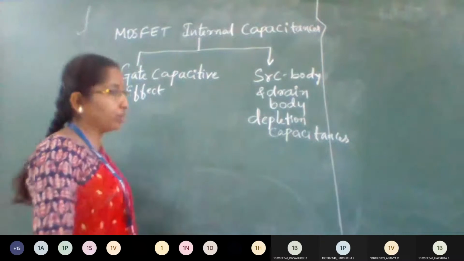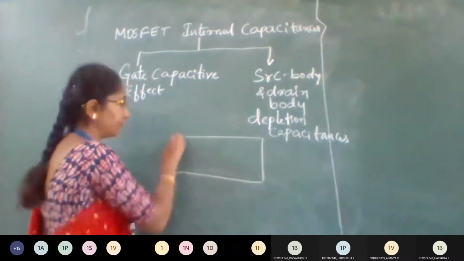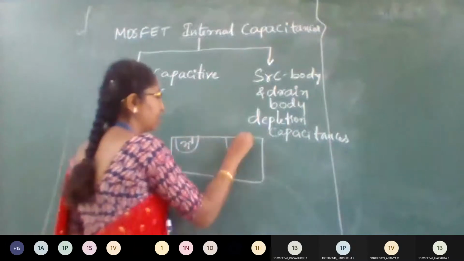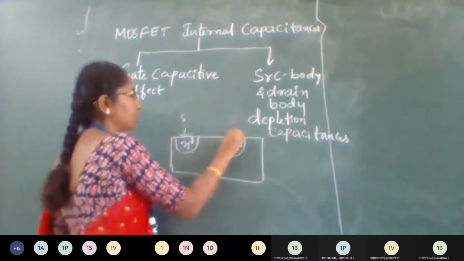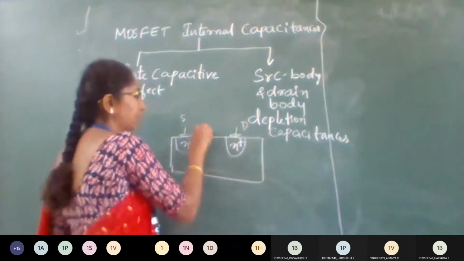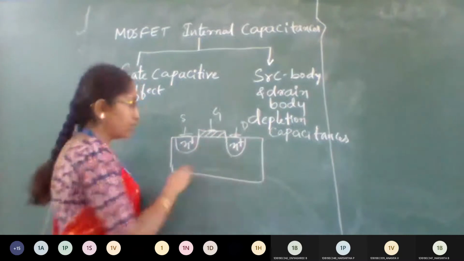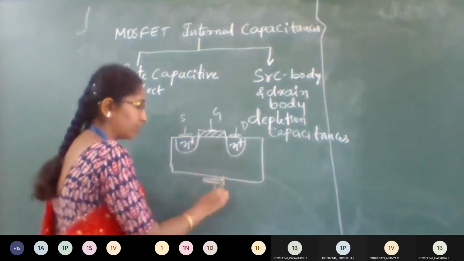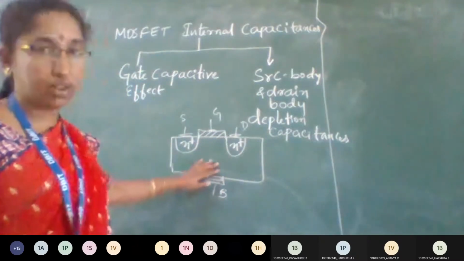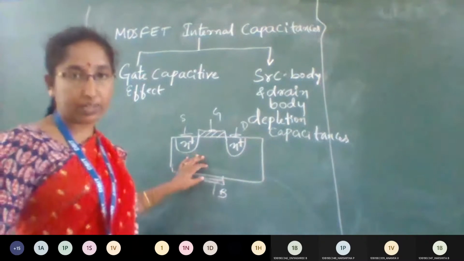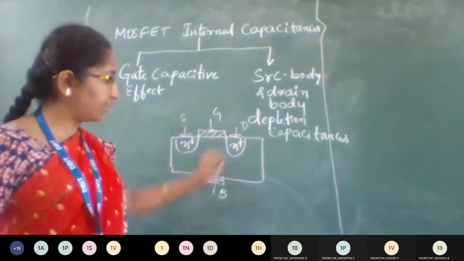What you are going to study in this concept is the structure of the MOSFET. You have a depletion layer and diffusion regions. This will form the source, this will form the drain, and you have an oxide layer and a gate. This is the body, so you get the 4 terminals here. This is polysilicon, a P-type substrate. I am talking about the N channel. The terminals are source, gate, drain, body.